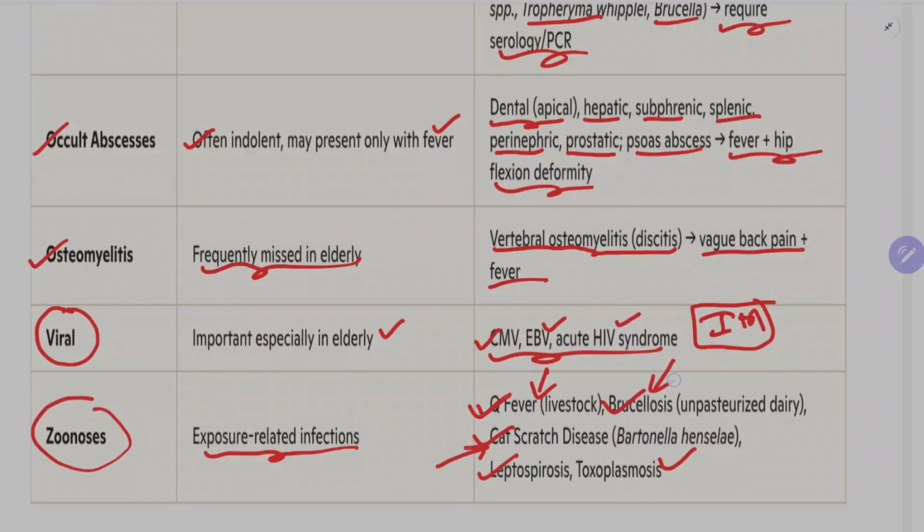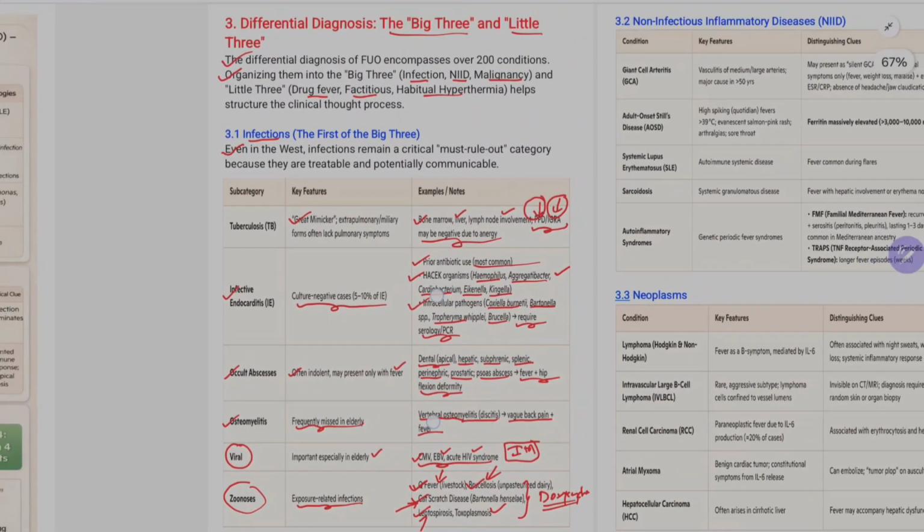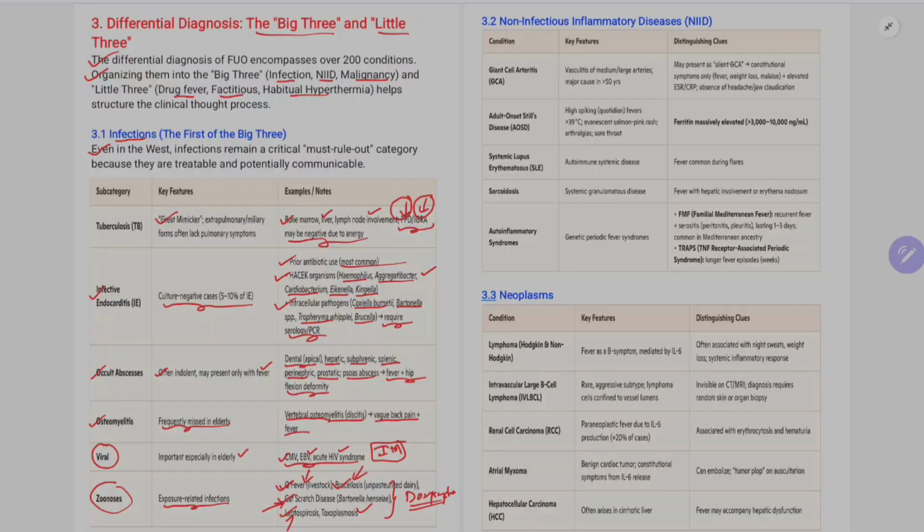Okay, two is domestic animal exposure, water exposure to rodents, and toxoplasmosis. So these are the causes. What is the important thing here? These respond to doxycycline. If you give the typical cell wall breaking antibiotics, even meropenem or colistin, that will not act on this. Okay, that's important to remember. So the first one we have discussed, that is infectious causes in the big three of FUO.